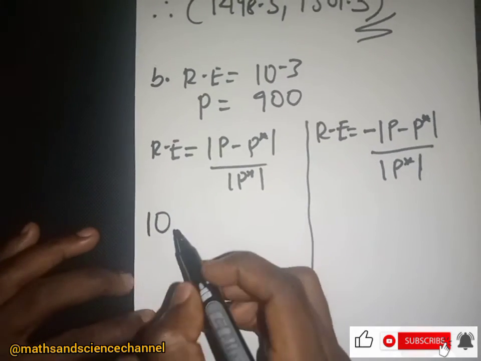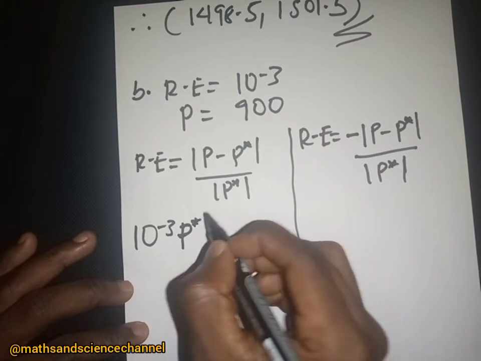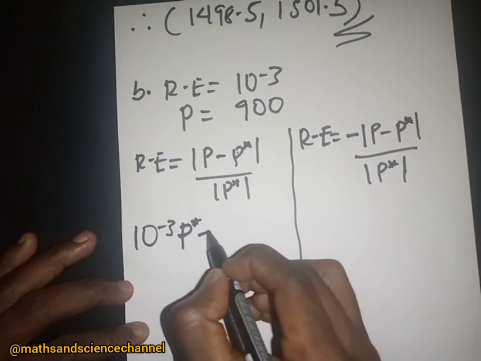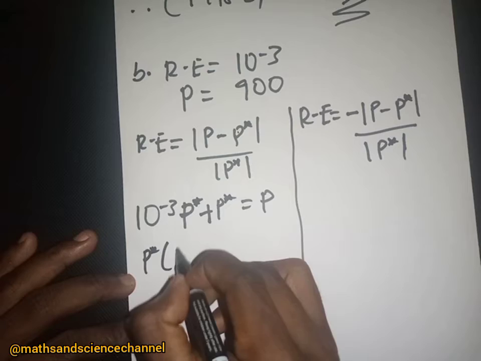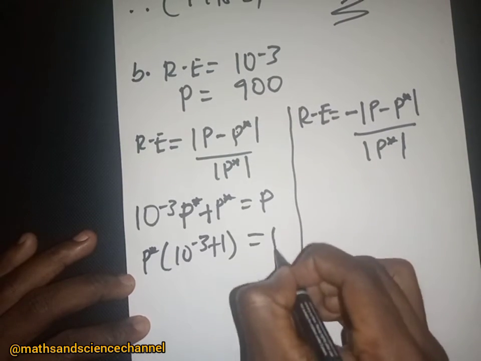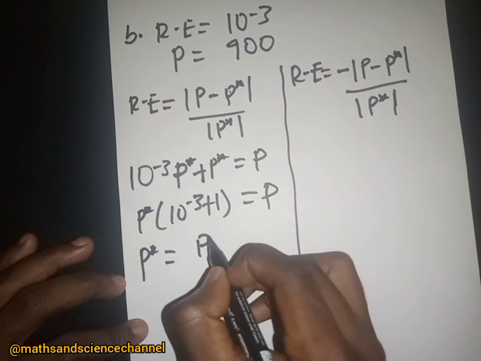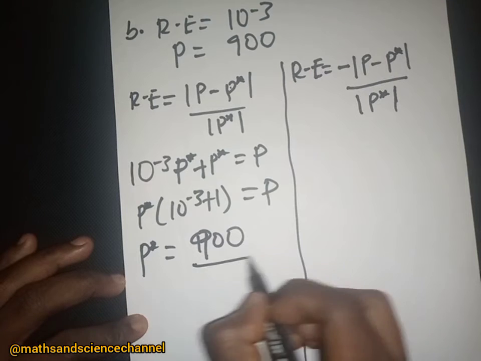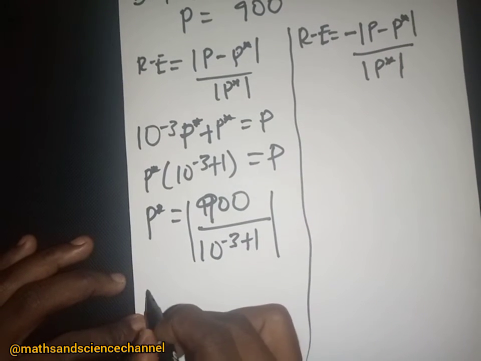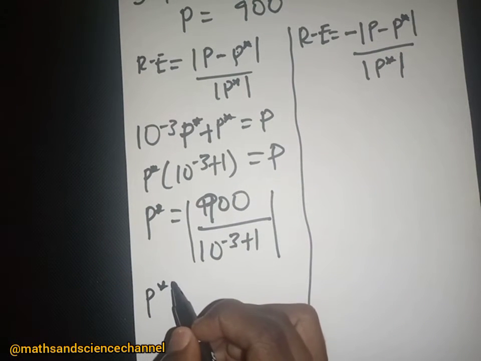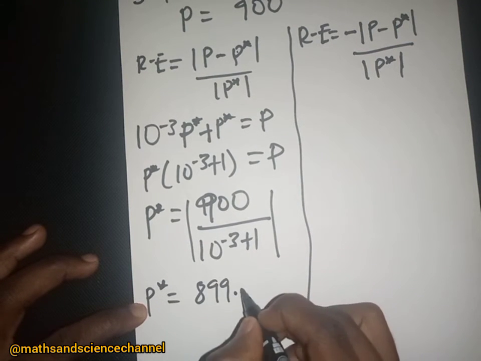So the relative error is 10 to the power negative 3, multiplied by that. Let's do that quickly. When it crosses it becomes positive P star, equal to P. So P star is 10 to the power minus 3 plus 1, equal to P. So P star will be P, which is just 900, divided by 10 to the power minus 3 plus 1. Remember it is absolute, and therefore our P value here is going to be 899.1,